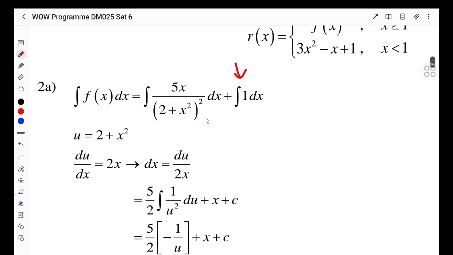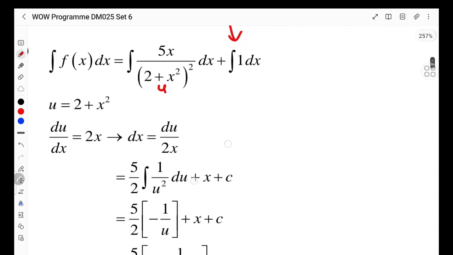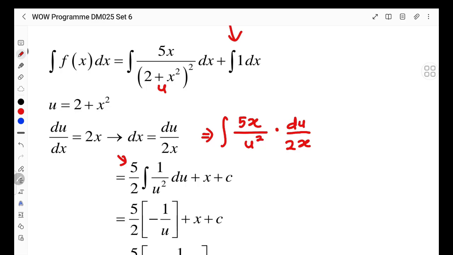Okay, so let u be your quadratic here, so u equals 2 plus x squared, so your du/dx is 2x. Rearrange your function to get dx is du over 2x. Then substitute this into the formula, so here you will get 5x over u squared multiplied with dx, which is du over 2x. So here 5 over 2 you bring outside, it is a constant, x and x simplify, so you get